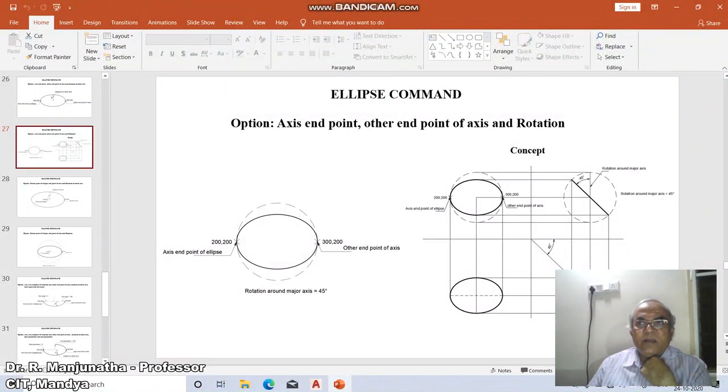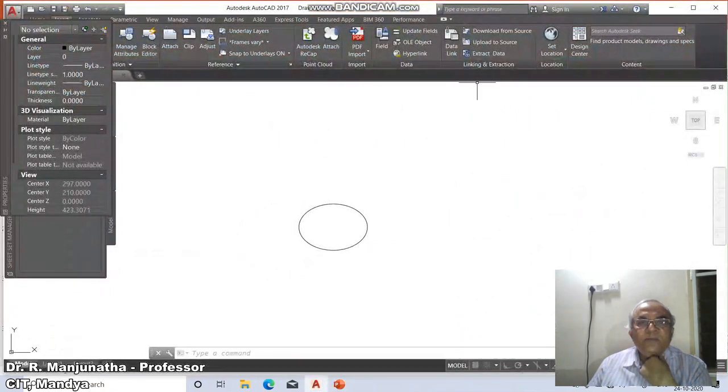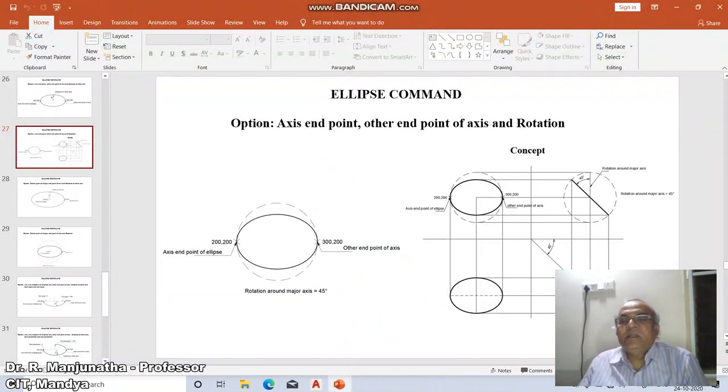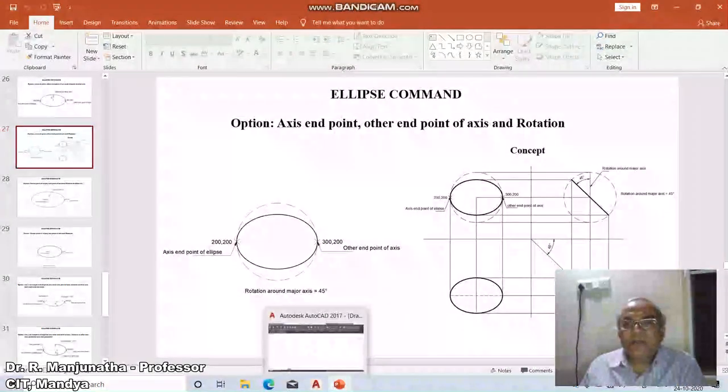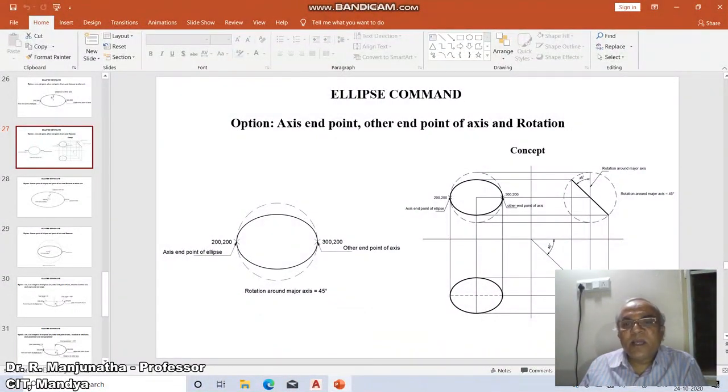Once you draw an ellipse here in the front view, in the top view also, it is going to form an ellipse. But here it is not required to show it in the top view, because here we are concentrating only on the vertical plane, which is the monitor. So that is the reason why we have shown this particular concept, wherein the rotation around the major axis can be visible only in the profile view, that is not being seen here. That is the reason why we were able to get the ellipse in the vertical plane, because once it is rotated in the profile view, you are going to get this as the minor axis.